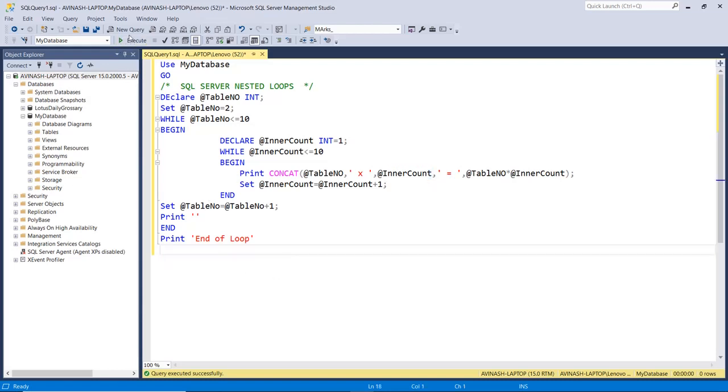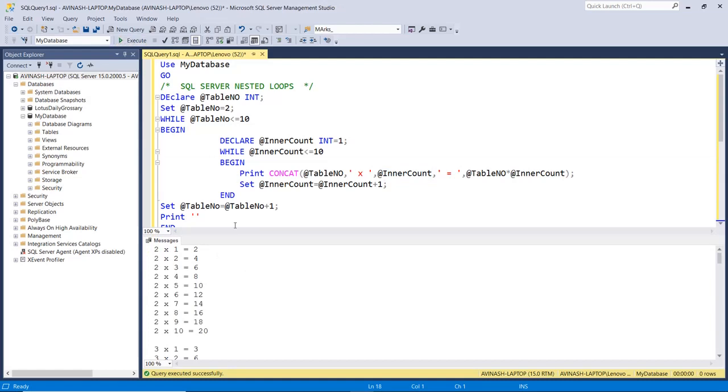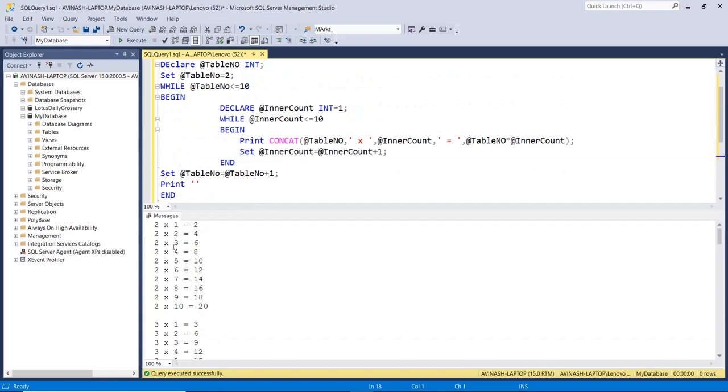Suppose I execute this program, so we can see here we have the table from 2 to 10. How? The first table you can see is 2, meaning table number 2. Then this is the variable, coming from the parent loop. This child loop executes 10 times because we have less than or equal to 10.